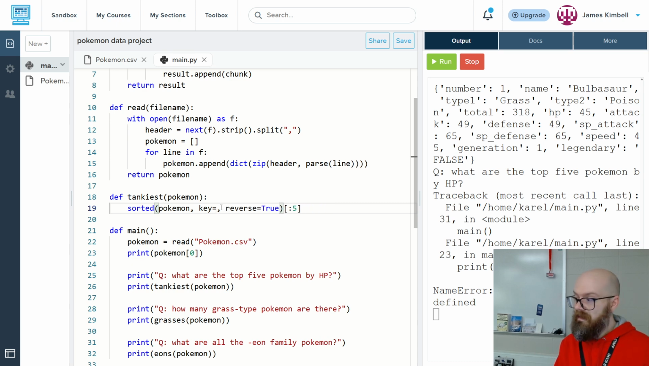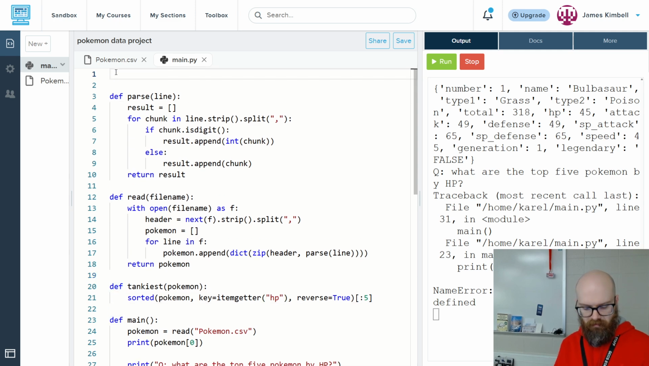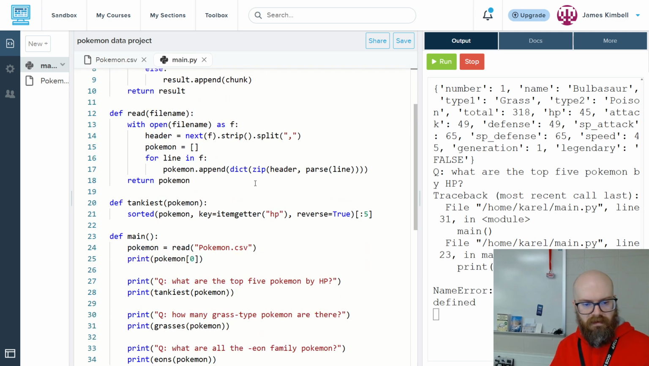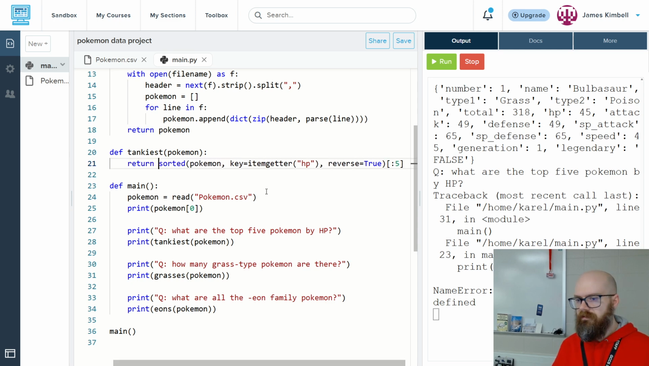And there actually is something meant for this specific situation, which is a function called item getter. You can give it an index for a list, or you can give it a key, anything that would go in brackets basically. And it'll produce the little function for that situation. However, you have to import it from operator, import item getter. Let's say, okay, return that to return the top 5